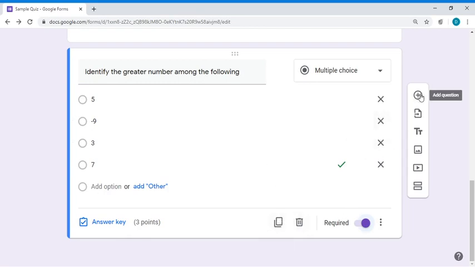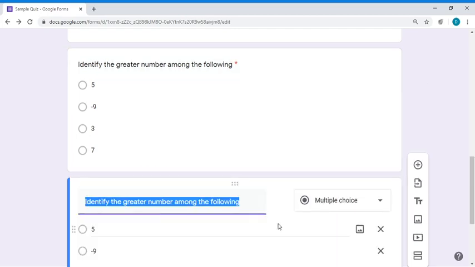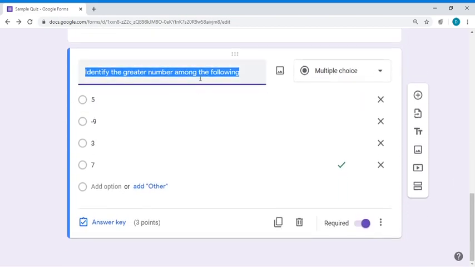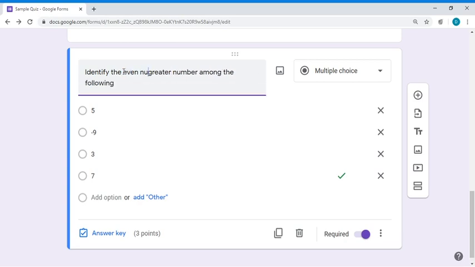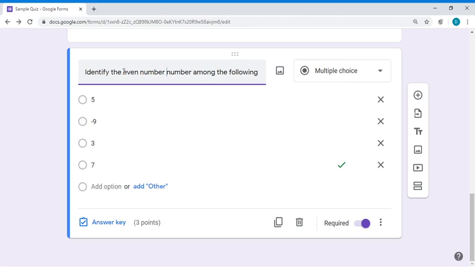Now if you want to add one more question, you can click on this plus button, or you can simply click on this duplicate. Say if I click on duplicate, you can see this is our original question and this is the next question. So you can configure the next question. Identify the even number among the following.